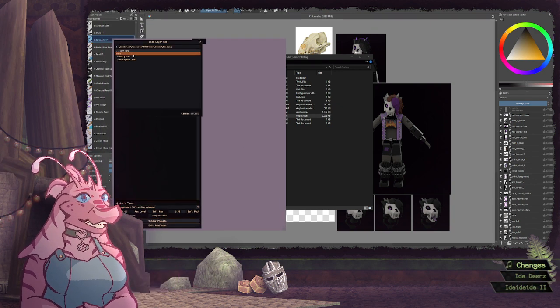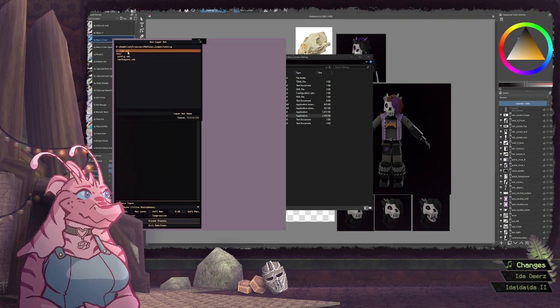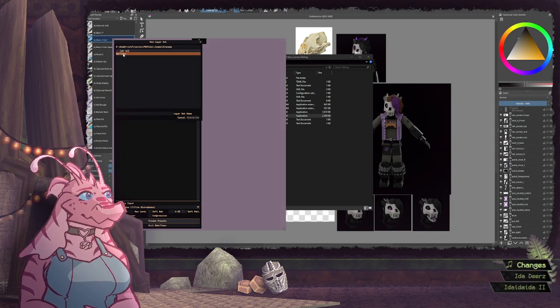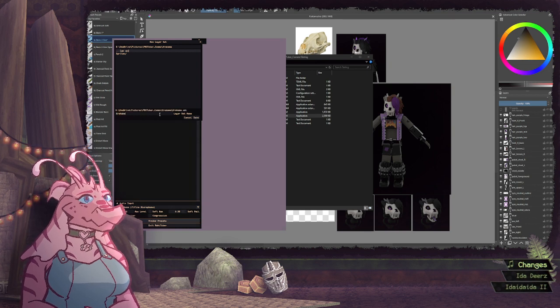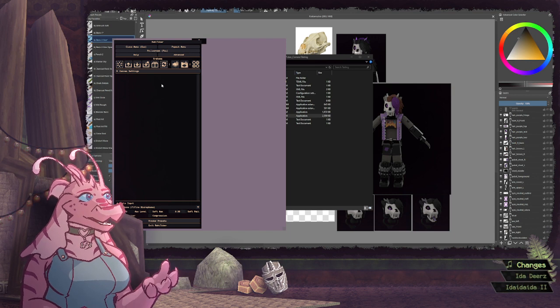So let's load. Oh no, let's make a new one. And I will call it Prakama. Save. Okay.